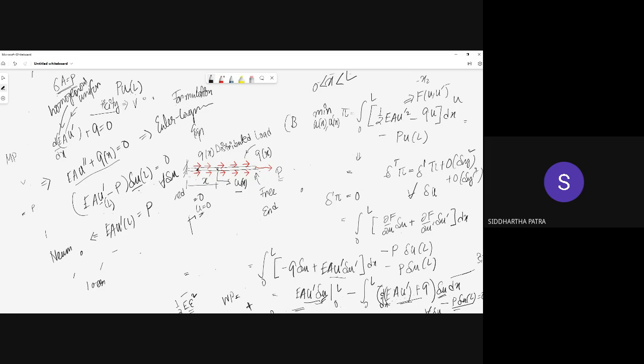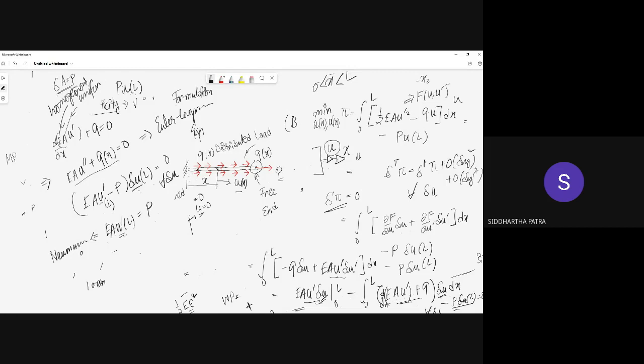So we get the Neumann boundary condition. Neumann boundary condition is on the normal derivative of the variable. Normal derivative as in, if you really think about it, the normal to this face of the bar is the x direction, and the primary variable that you are solving for is u, and its derivative with respect to x is its normal derivative, and the boundary condition on the normal derivative is the Neumann boundary condition. So the Dirichlet boundary condition is given to us, and the Neumann boundary condition is what we get out of our variational formulation by taking the first variation.